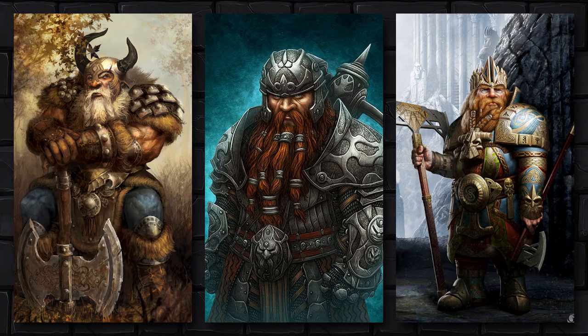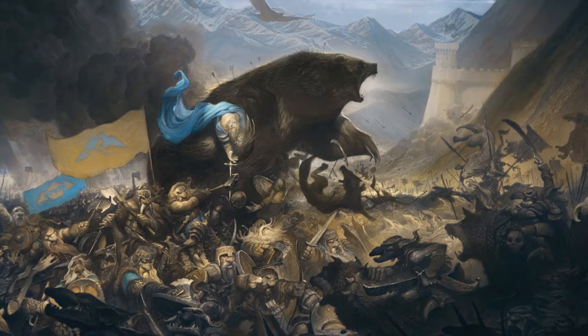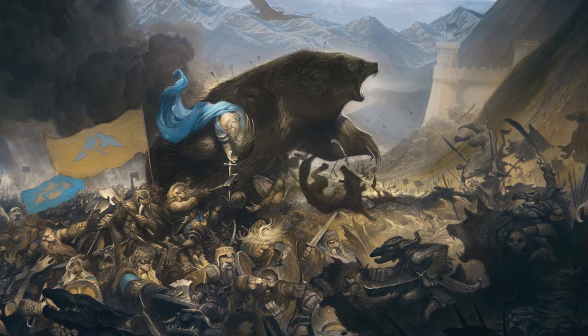And also very stout. Even though they're shorter than most humans, most elves, they are quite hefty, right? They're stout people, and that reflects into their character as well, into their living habitat and stuff like that. But the main thing you need to know about dwarves is that they